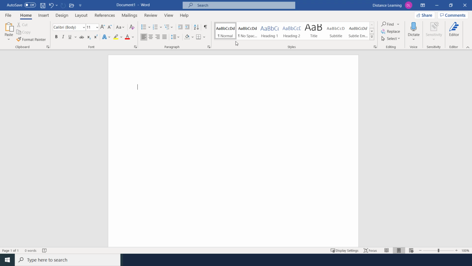This is the Office ribbon with the various components. Now, you also have the option here, since this is part of Office 365, you can share this document with other individuals. Of course, you have to be connected with OneDrive for this, and you can comment with other individuals as well